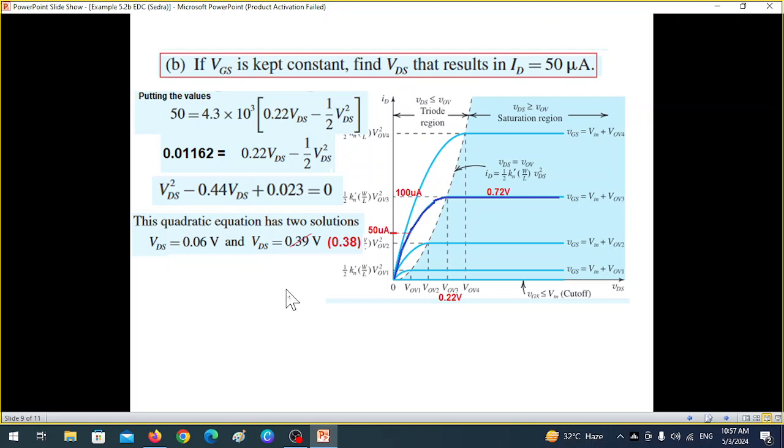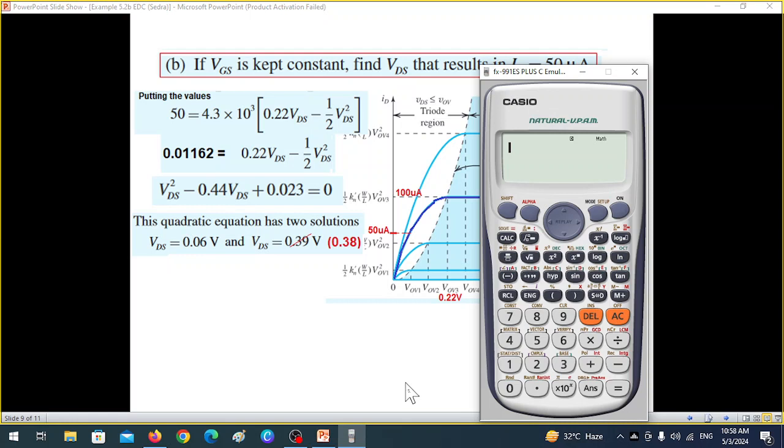The easiest way is to use your calculator. Let me show you. So we have got the calculator. We'll use the equation mode now. Let's go to the mode switch. And number 5 is equation. So it is 5. And then this 3 is the quadratic equation. So press 3. Now it is asking the value of